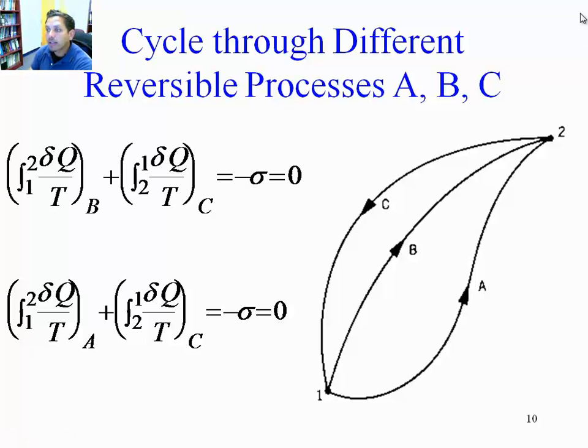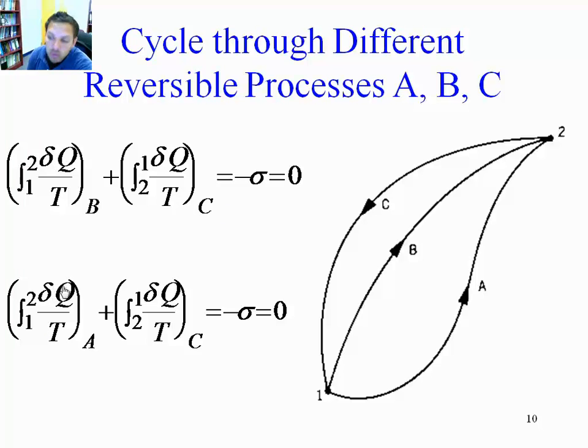And now let's say that we are going from state 1 to state 2 on path B, and then we're going to return from 2 to 1 on path C as well, and we're going to say that those two paths are perfectly reversible. So the strength of irreversibility is 0. So the integral from 1 to 2 through B plus the integral from 2 to 1 through C is equal to 0,